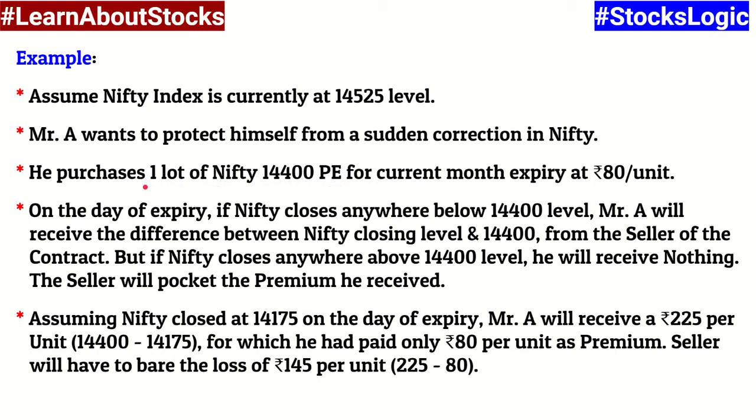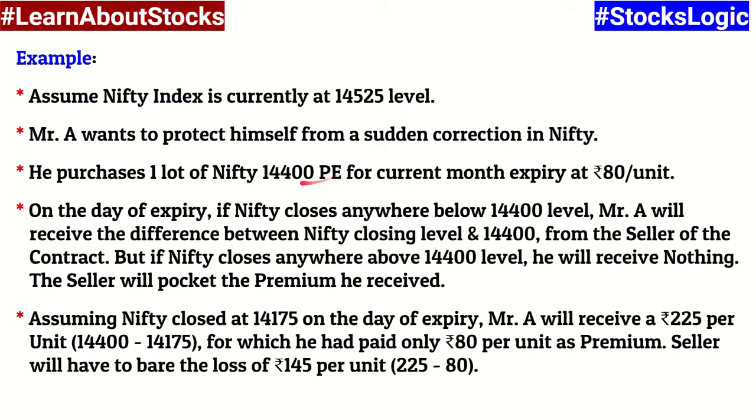So one lot, what does one lot mean? Basically one lot of Nifty put option has 75 units in it at this moment. Obviously this can get altered over a period of time, depending on how the stock exchanges change the lot size, but at this moment one lot of Nifty comprises 75 units. So suppose he purchases one lot of Nifty 14,400. Remember, this particular put option is currently below the current Nifty level. Nifty level currently we have assumed it at